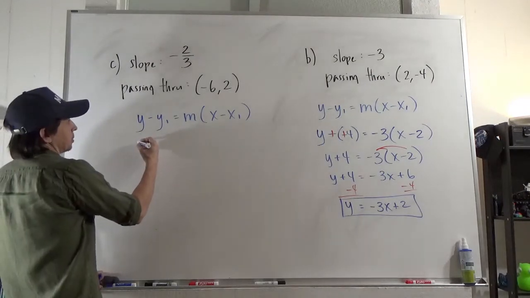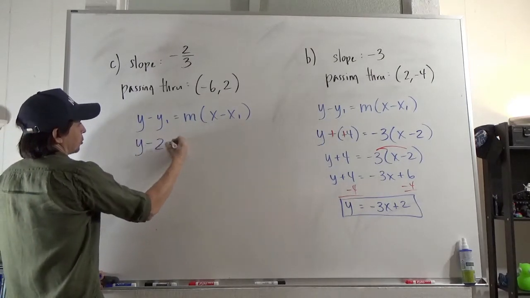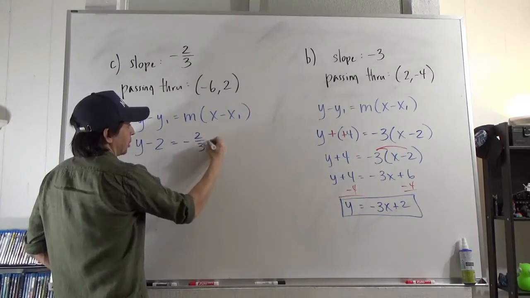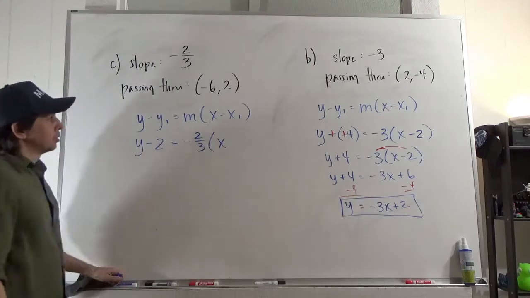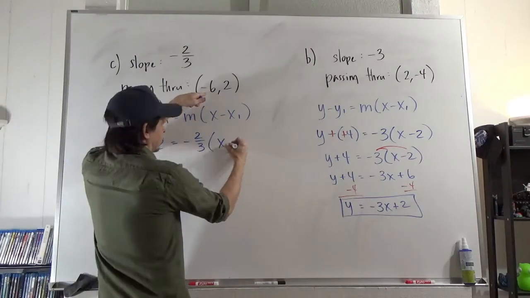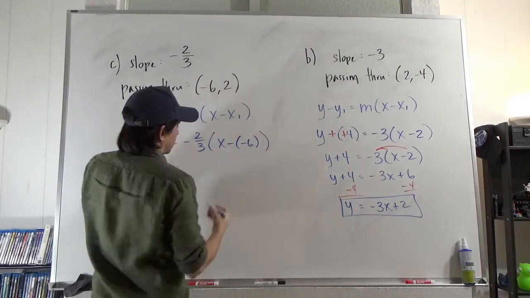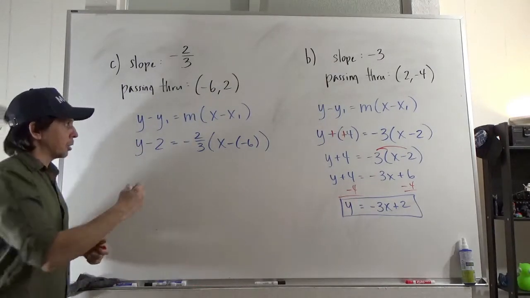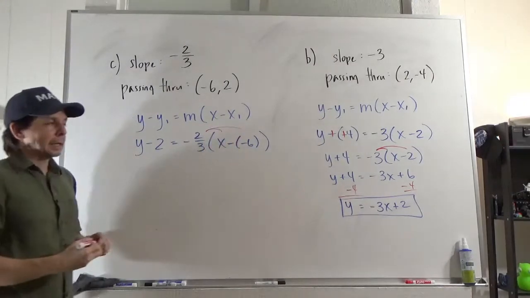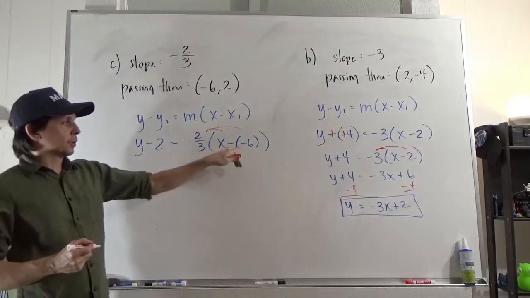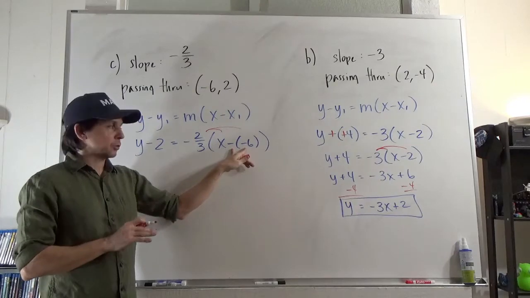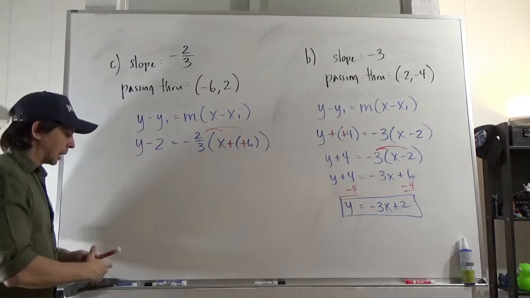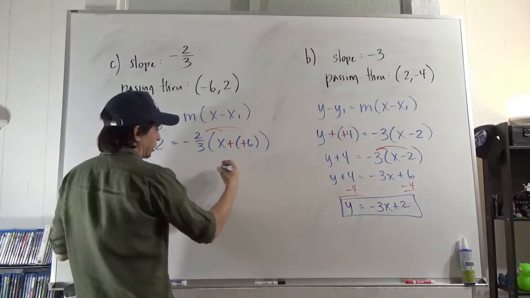Okay. I'm going to have y minus 2 on the left. I'm going to have a -2/3 as my slope times x minus a -6. And one thing that I see people do is try to just distribute it into here like that. That is not going to go well. You should simplify that first within the parentheses. You can't combine them, but you can definitely rewrite this as x plus 6. And I would do that before you attempt to distribute